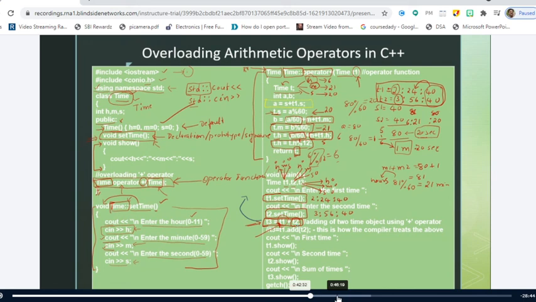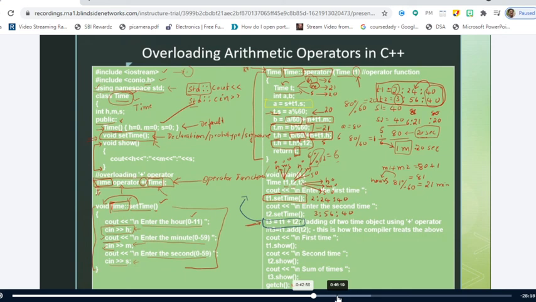Since you are defining the operator function as the member function, the only thing you are going to pass is the right operand. Nothing to do with the left operand. So the left operand is automatically taken by the compiler. So T1 will be automatically taken, but T2 is passed to the function.